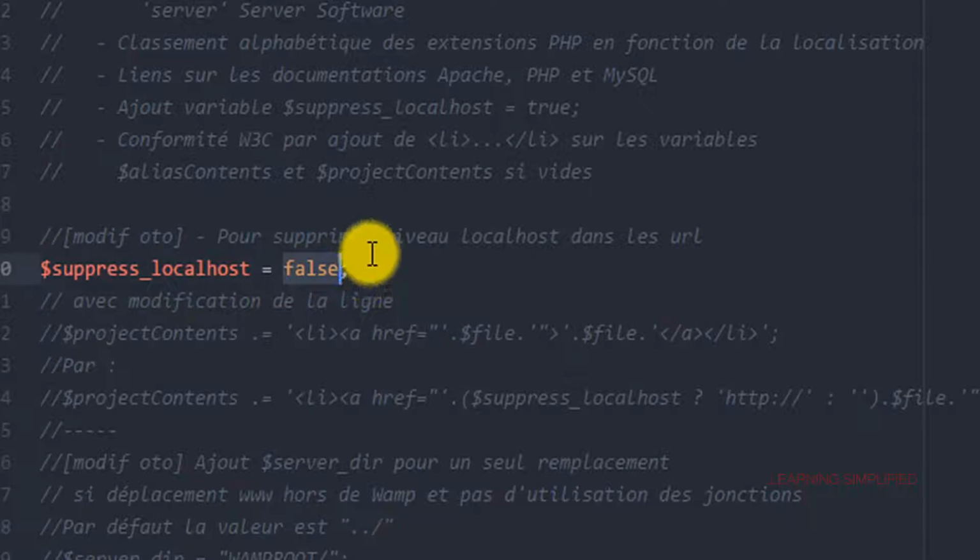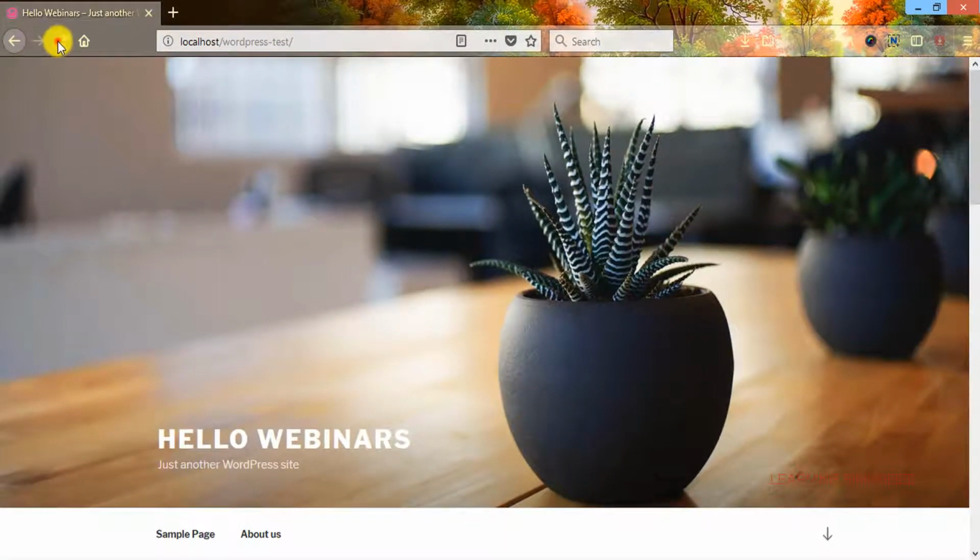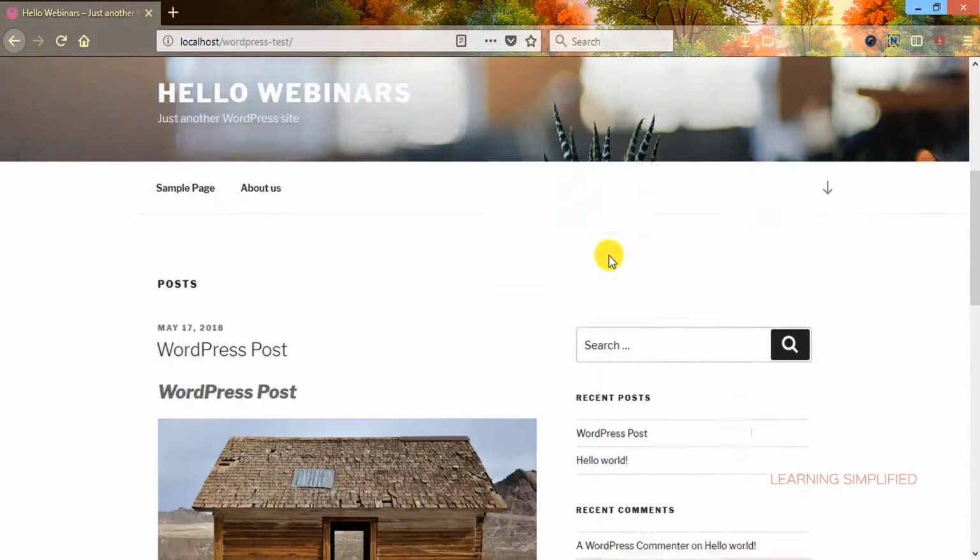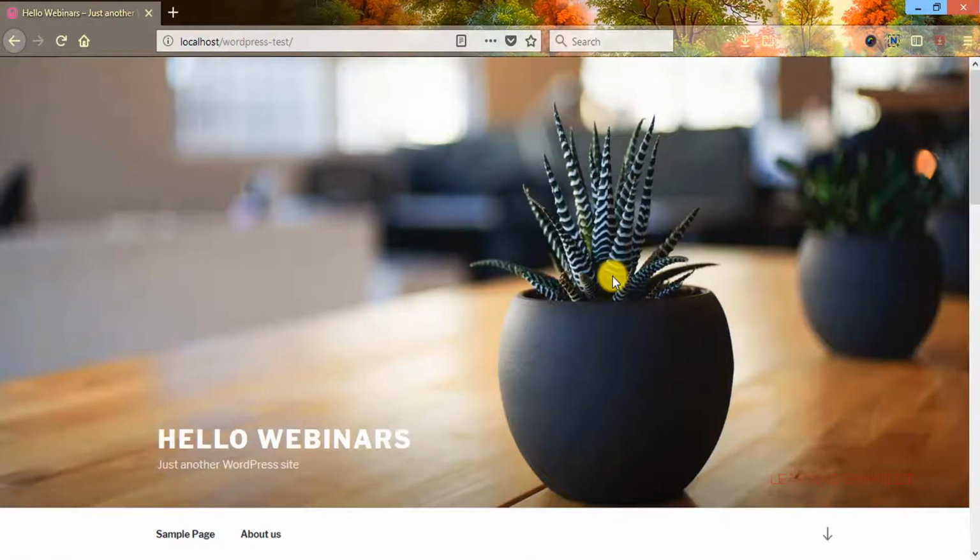This is built in, and that is what you need to modify. You need to set it to a false value, and only after that will you be able to view any of your web projects on your machine, as we can see over here. So these are the things that need to be remembered.